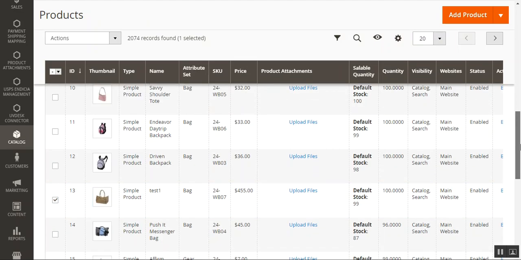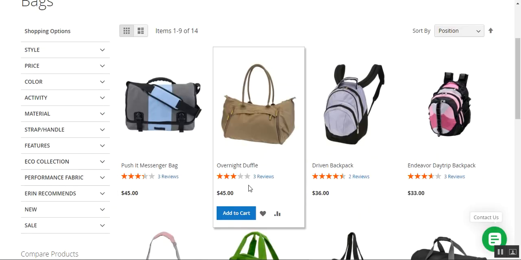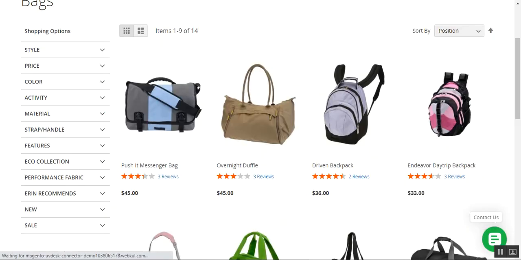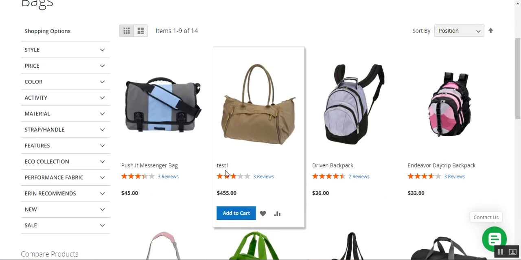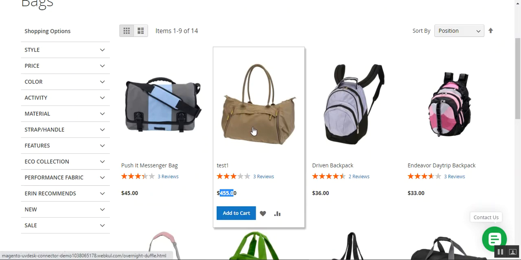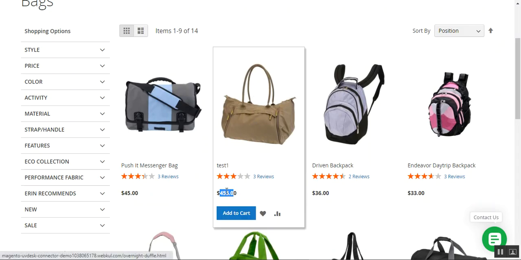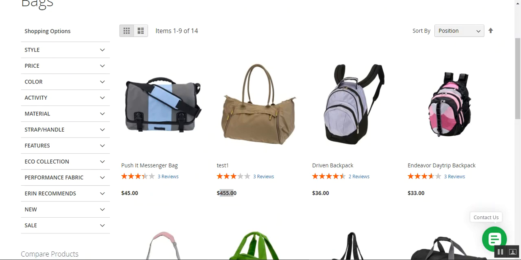the amount is $455. So let's go to the front page, and let me refresh this page once, and here you can see the name is changed to test one and the amount to $455. Apart from that, to check the changes, the admin can also go to the product edit page, and the changes made are instantly reflected at the store front end for the customers to view.